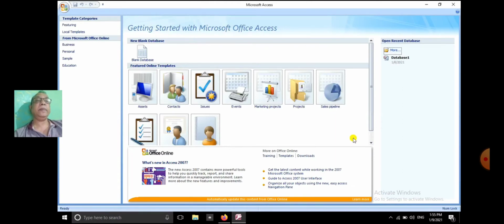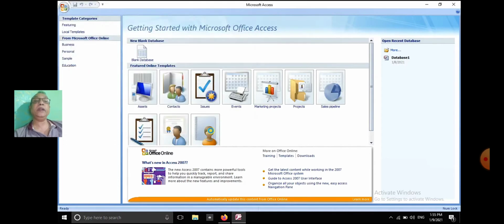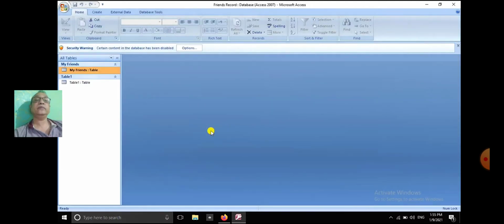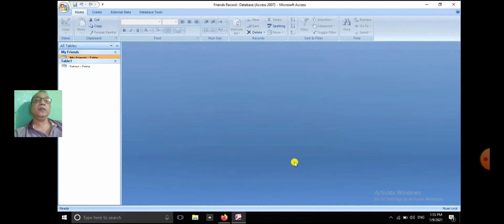Now create a database, which is already being created by me. Friends Record. Click on open. You need to create two tables, My Friends and Table 1.